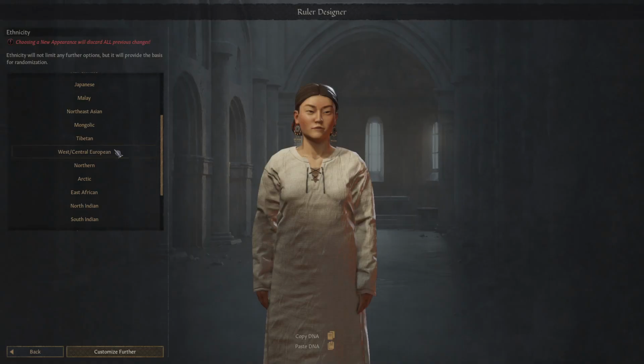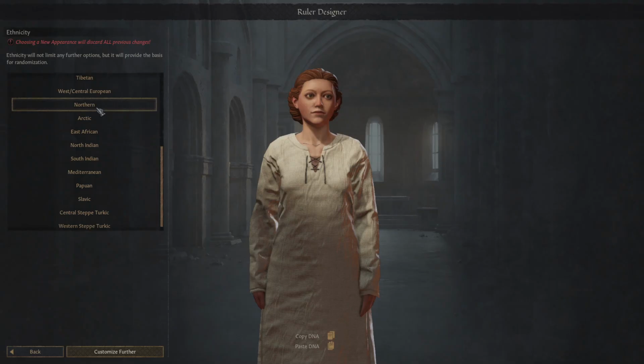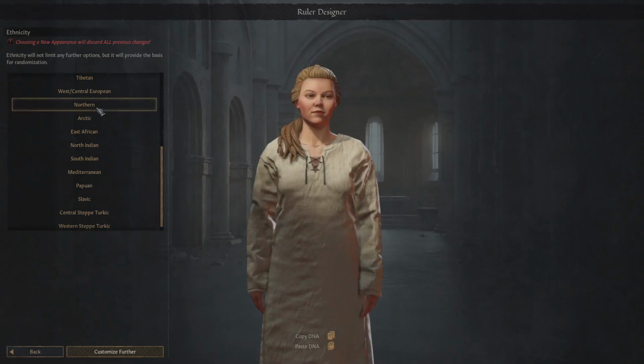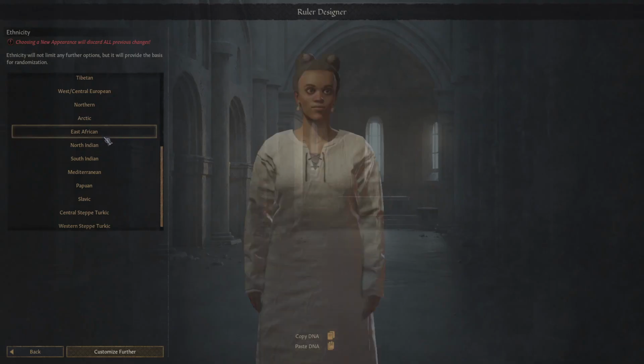Then we have Western/Central European, Northern European, so basically Norse, Arctic, which is like Finnic people,